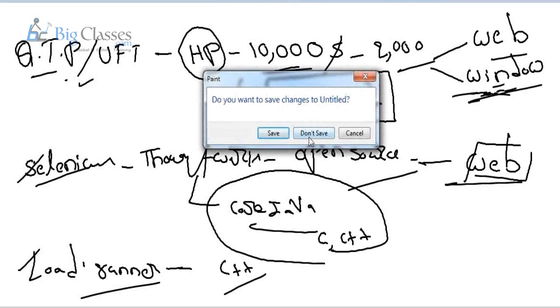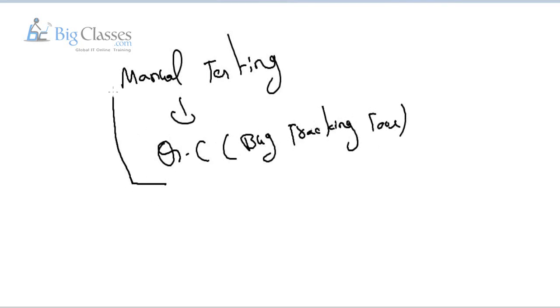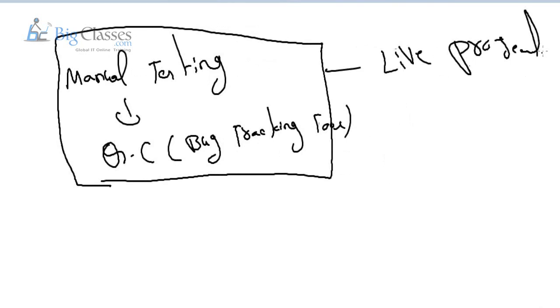And see, guys, in our course, first we will discuss manual testing. Once it's done, we will go for Quality Center. Quality Center is a bug tracking tool or test management tool, and it also comes into the entire manual testing process with one live project. I will show that on the live project. Once it's done, we will go for QTP and UFT.